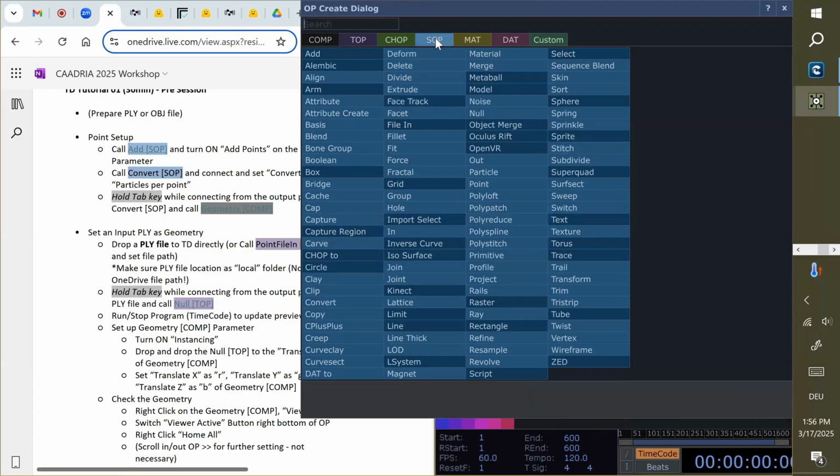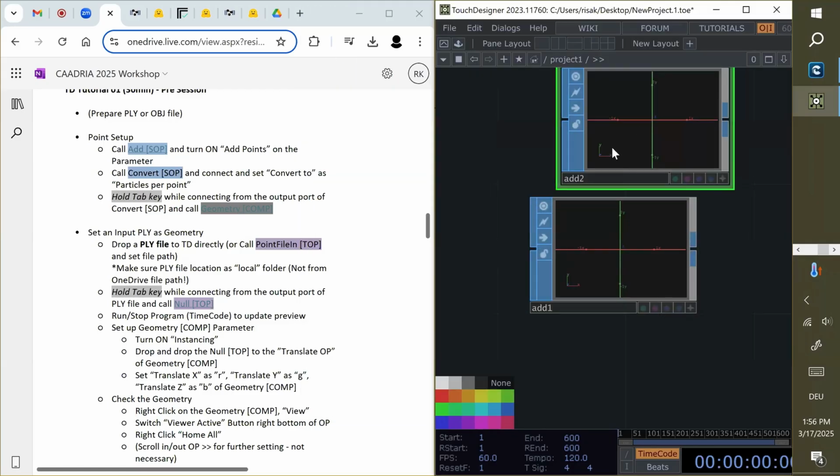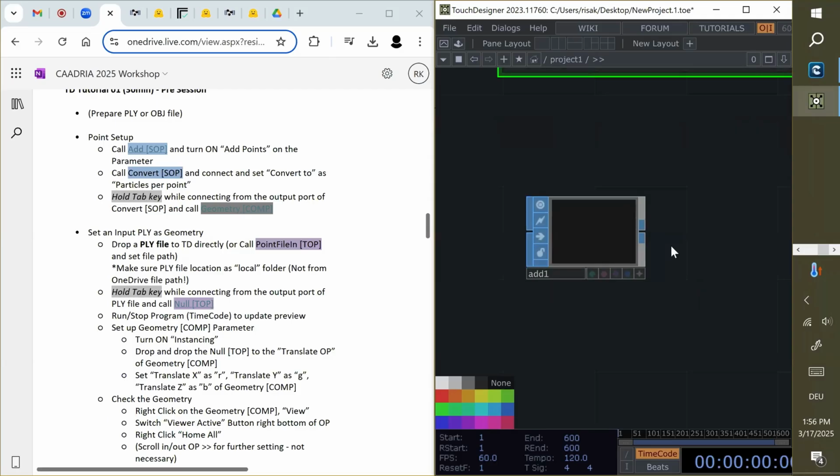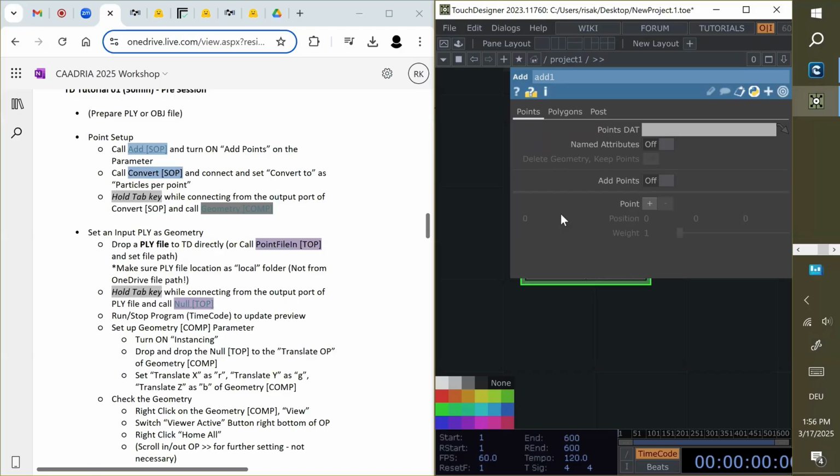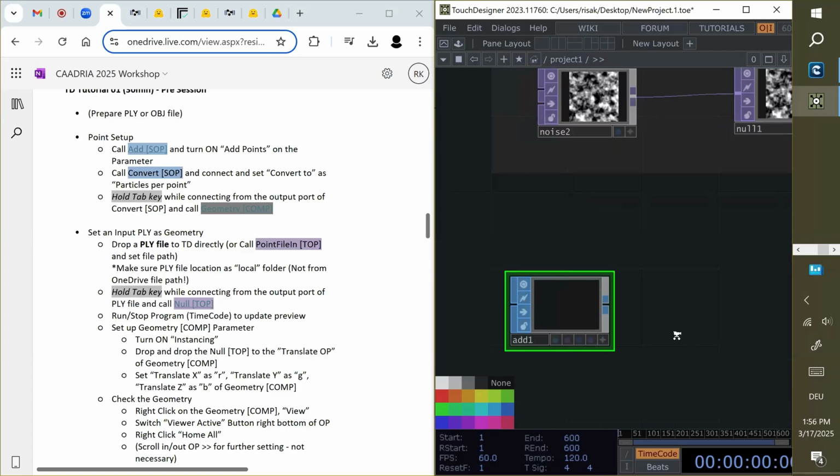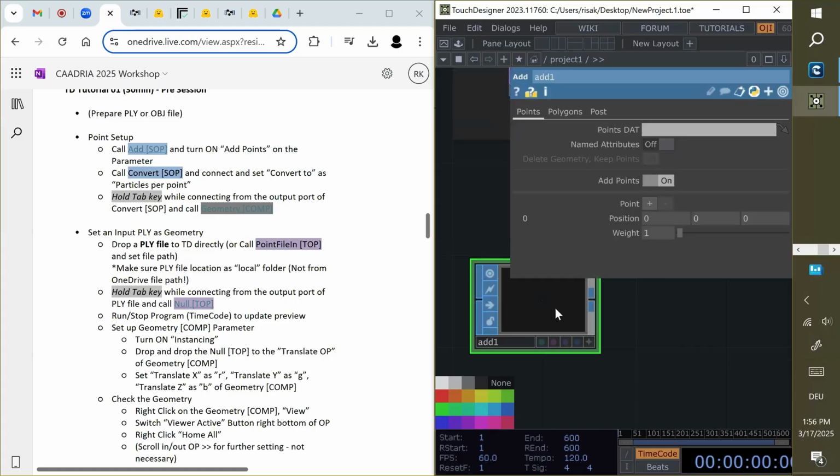Again, Add SOP. Then you turn on the P property to see information from this node. There's a function of Add Points here, which is off by default, I think. So you just have to turn it on. Again, property window, and then you just see Add Points on.